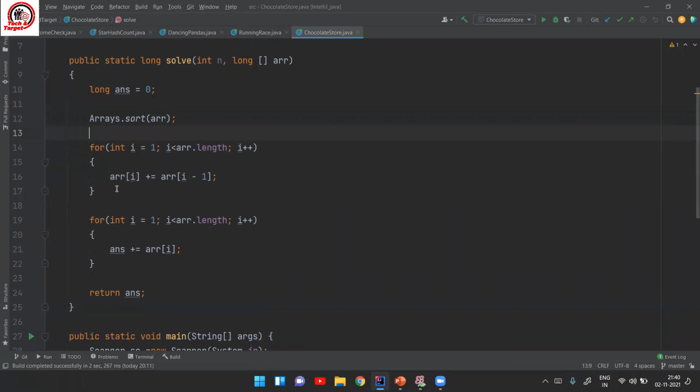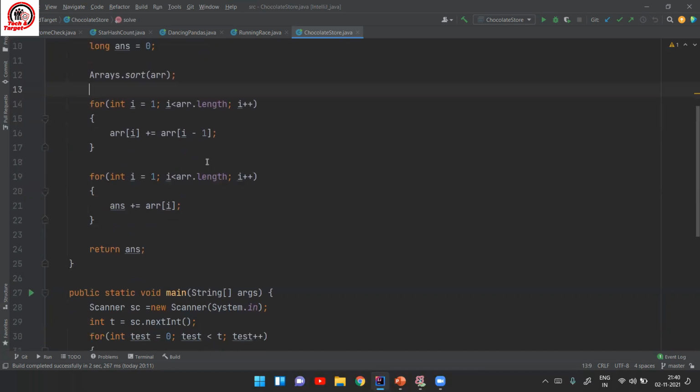So array[i] plus equals array[i minus 1]. At every index from 1 onwards, I'm adding the element at that index with the element at the index before.